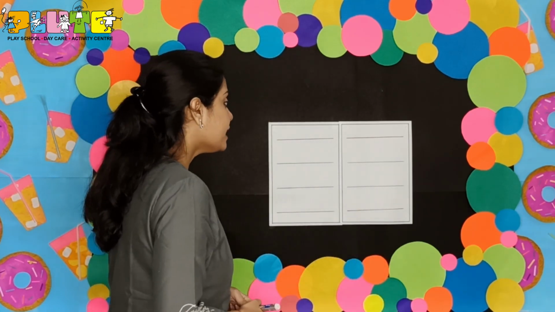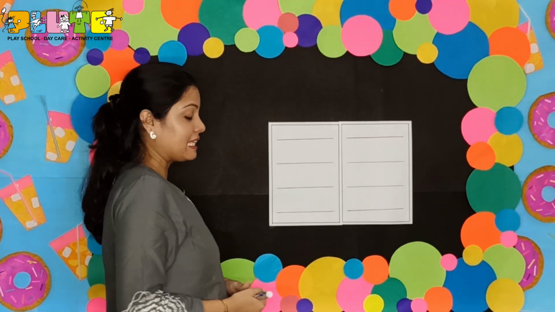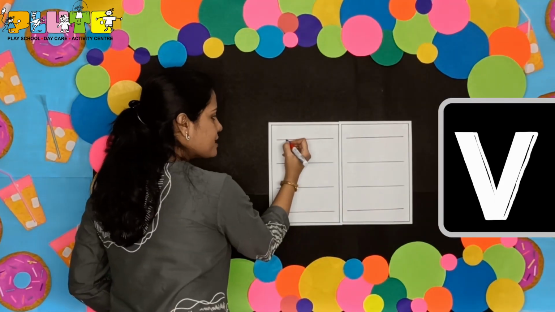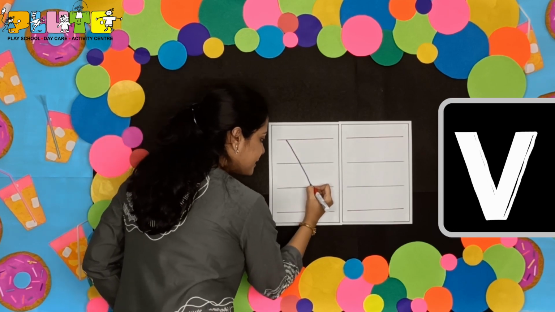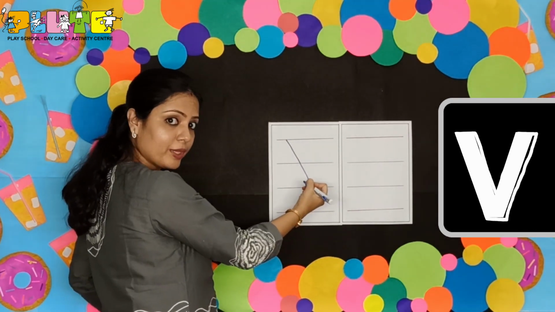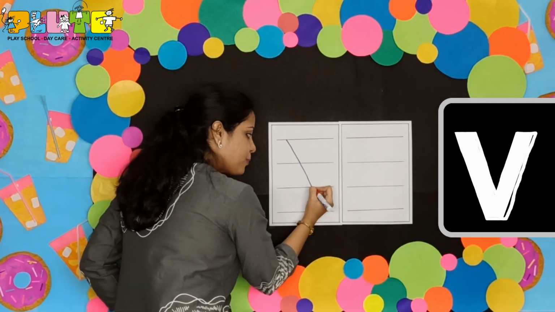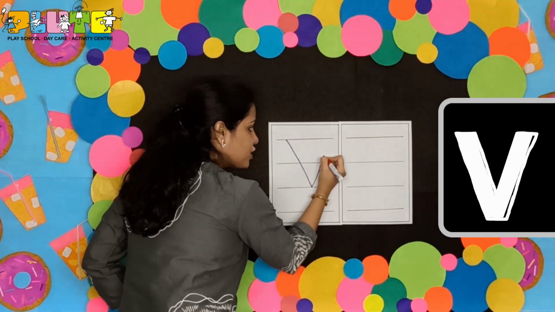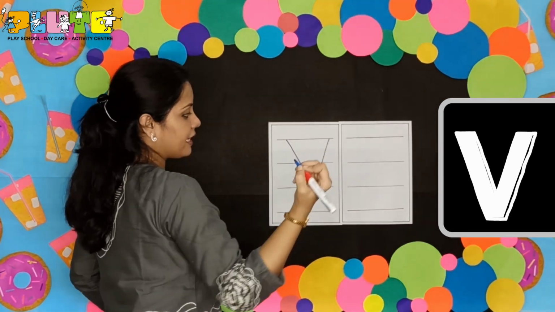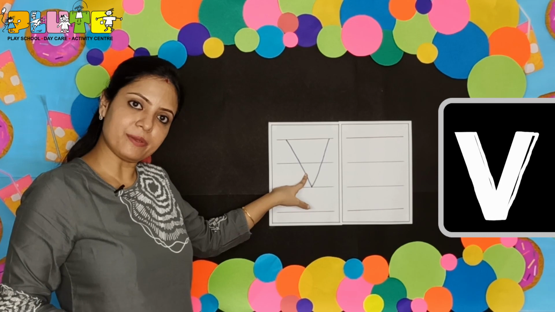After writing M, I will show you the next 2 alphabets, that are V and W. For V, we will be using slanting lines, and I will draw it from the first line, slowly go down till the third line, and I will stop over here. Okay. Again from this point, I will draw another slanting line going in upward direction till the first line. So this is V. Now I am going to show you W.